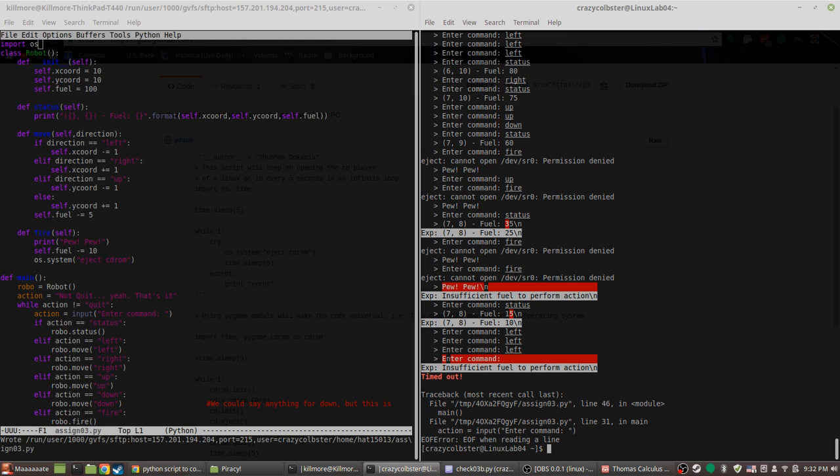Just what you usually do to log in, except change Downator X to Crazy Culpster. Oh, I shouldn't say my password out loud. I was thinking about doing that, but then I realized I'm being recorded. Yeah, hit enter. Okay, and I don't know how to combo that. But what I can do is... Wait, but Corby, this is still going to run on the Linux lab. Oh, so it is. No problem.